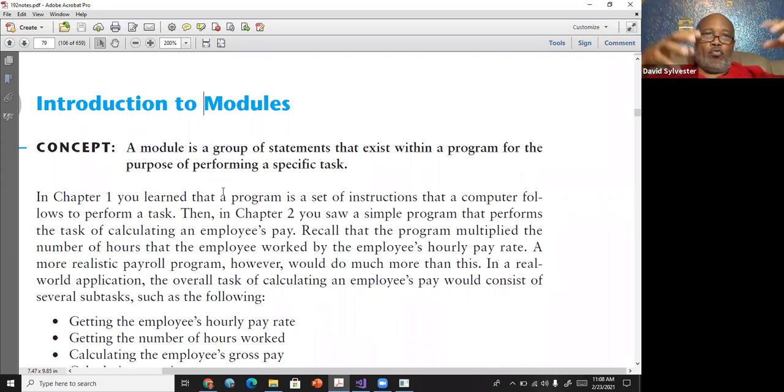Just like all the rooms in a house together make the home. All right. So that's one way of kind of putting it. But let's look at what the book explains it as. A module is a group of statements that exist within a program for the purpose of performing a specific task.